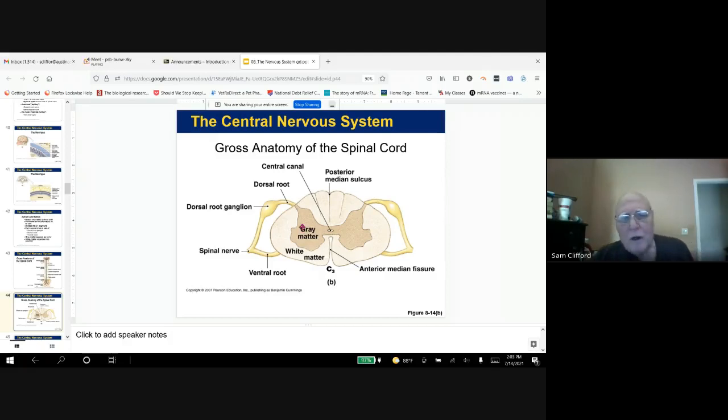So the spinal cord has these ganglion. Ganglion means a cell body. So information comes in from the sensory system, information about heat, temperature, pain, pressure. All that information is carried through the dorsal root ganglia and then into the